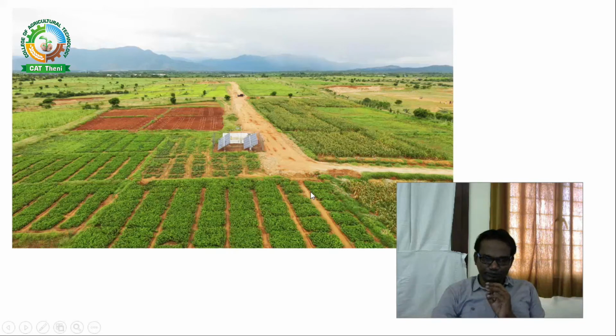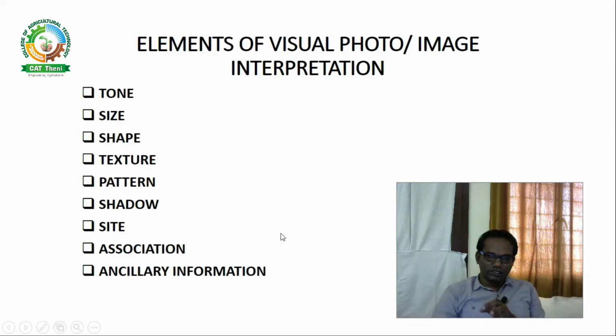Means if you want to know the real fact of the field, you have to do field observations, or you have to go to the field directly, then only you can collect the prior information. Now we are seeing the present situation of the field only by using that image. If you want to collect the pre-data of this area, you have to do field observations. Sometimes the ancillary information can be collected through books, maps, etc. So that is called ancillary information. So these are the elements which are influencing the visual photo or image interpretation after taking the photographs.